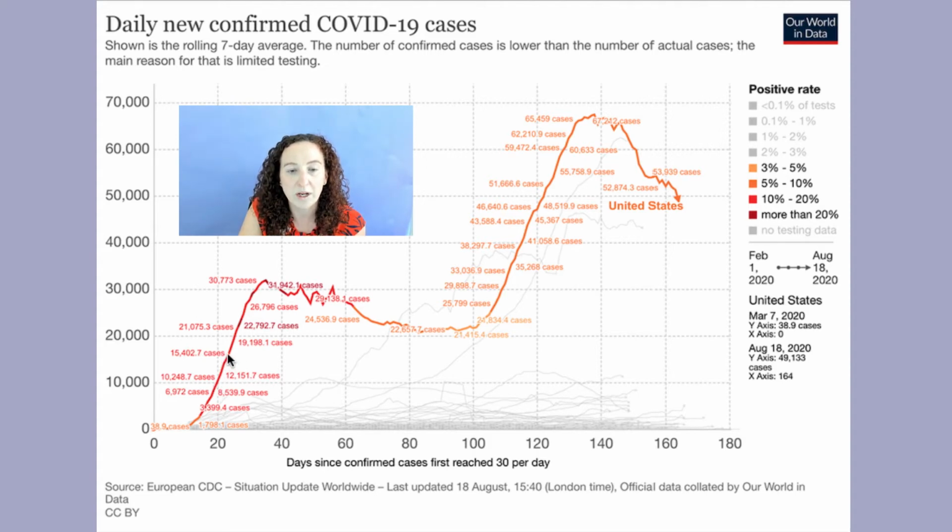Then there was this point when the number of new cases stopped increasing faster and faster, but still kept increasing. We say that the number of cases was still increasing, but at a decreasing rate. That's when we start to think we're going to get to a local maximum. And back at that time, it was very interesting because when we hit what we call an inflection point, when we change from increasing at an increasing rate to increasing but at a decreasing rate,